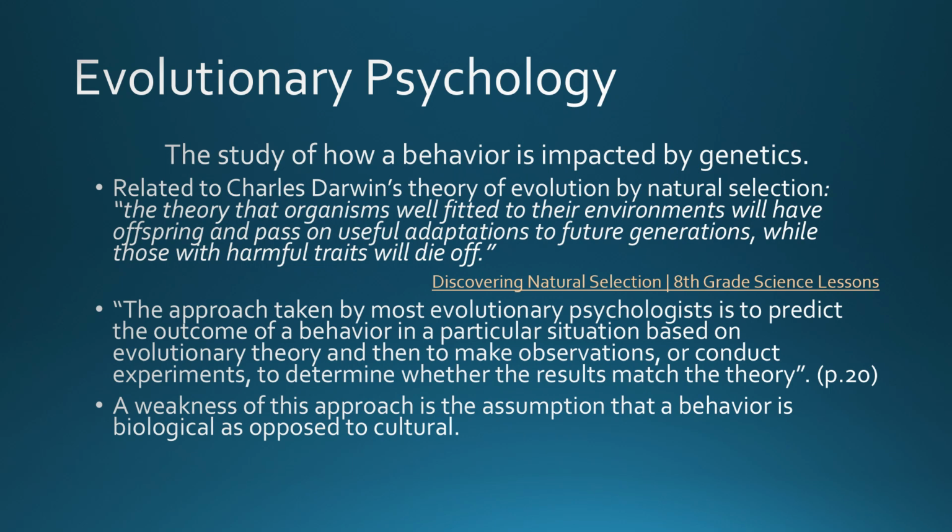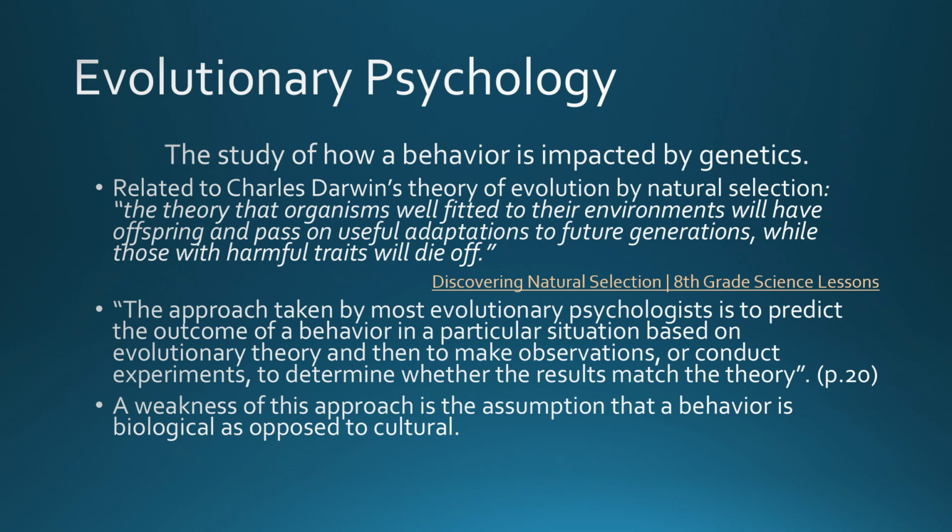So as we discussed in a previous PowerPoint, essentially those organisms who are well adapted to their environment, we know they're going to be more likely to survive, they're going to be more likely to live longer, they're going to be more likely to pass on their genes and reproduce, and so they will be passing on their genes. Those who aren't adapted to their environment are probably going to die off, and therefore they're not going to be able to pass on their genes.